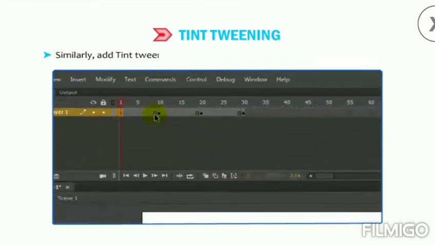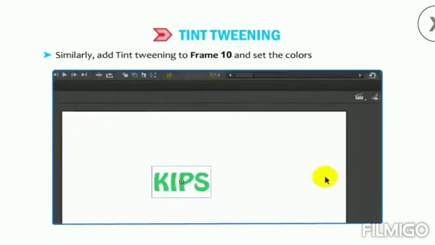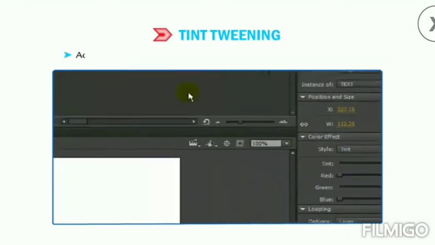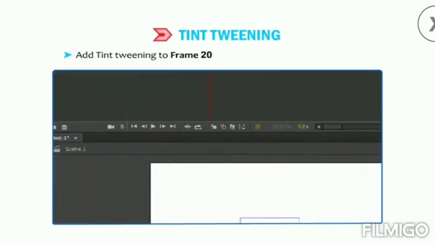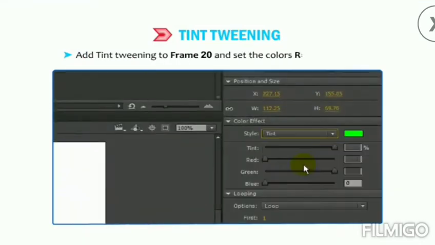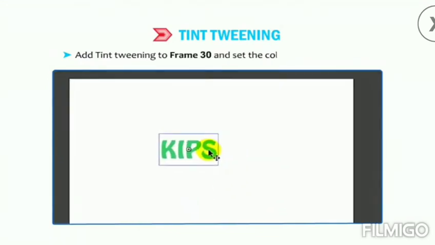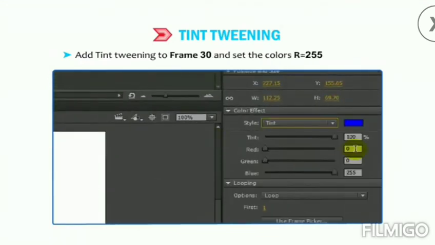Similarly, add tint tweening to frame 10 and set the colors R equals to 0, G equals to 255 and B equals to 0. Add tint tweening to frame 20 and set the colors R equals to 0, G equals to 0, B equals to 255. Add tint tweening to frame 30 and set the colors R equals to 255, G equals to 0, B equals